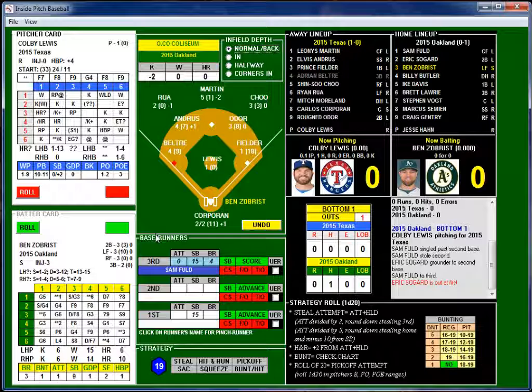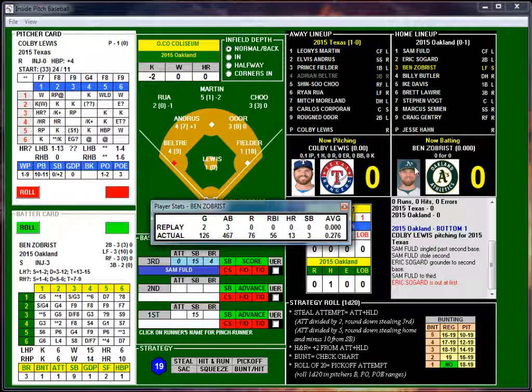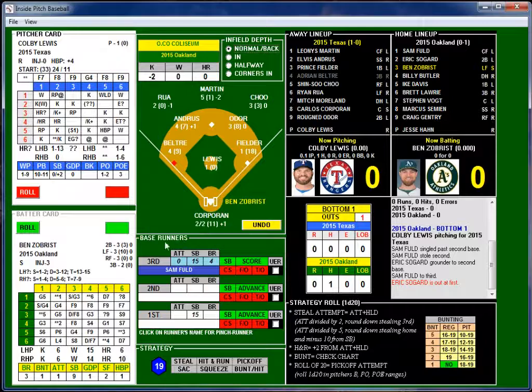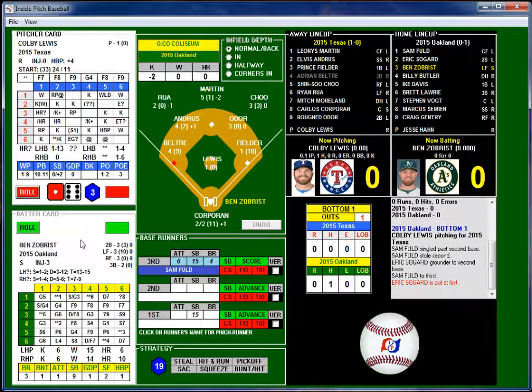third base with only 1 out, and Ben Zobrist is stepping up. This is his second game, and he's had 3 at-bats, nothing to show for it. Real life, 126 games, 56 RBIs, 13 home runs, 3 stolen bases, .276 average. All pretty respectable numbers there. Colby Lewis with the windup and the pitch, 46. We're going to get our first ballpark check here. 64 is going to be S plus 7.